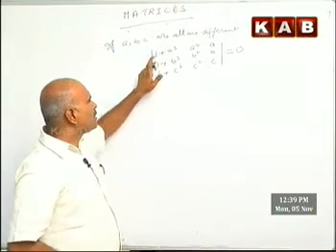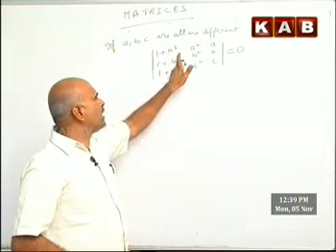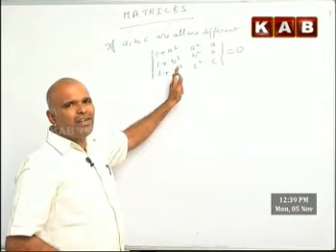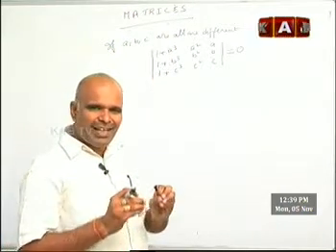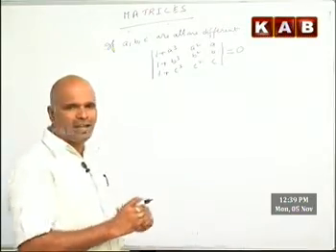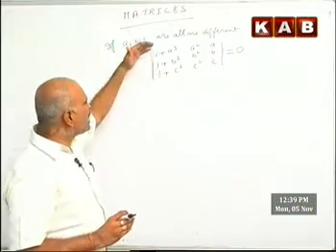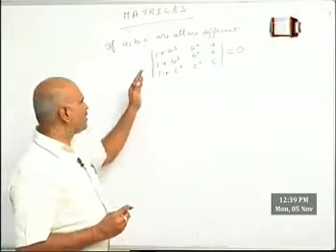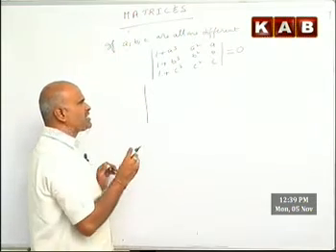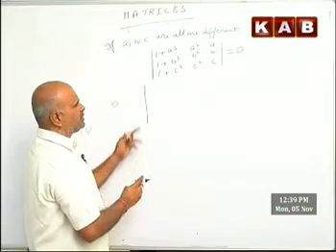You see here, by observing the first column, 1 plus A cube, 1 plus B cube, 1 plus C cube, every term of the first column is written as two parts. One is there, A cube is there. One is there, B cube is there. One is there, C cube is there. So I am applying this and writing it as a sum of two determinants.